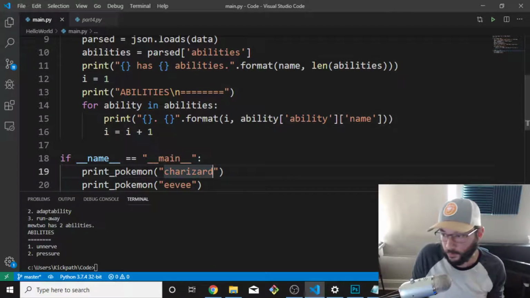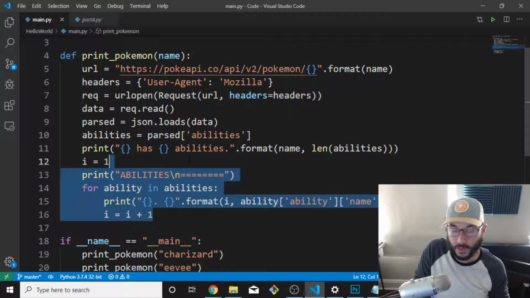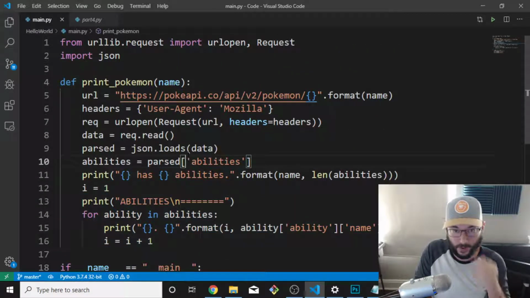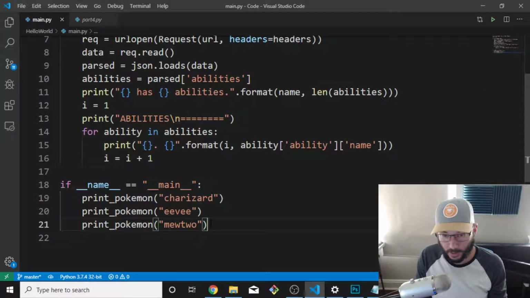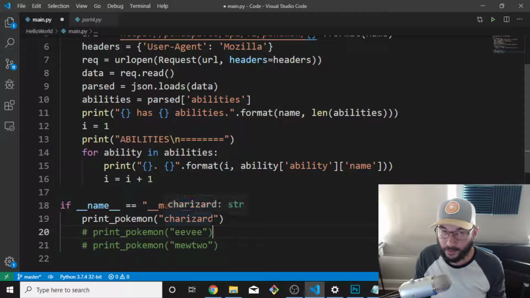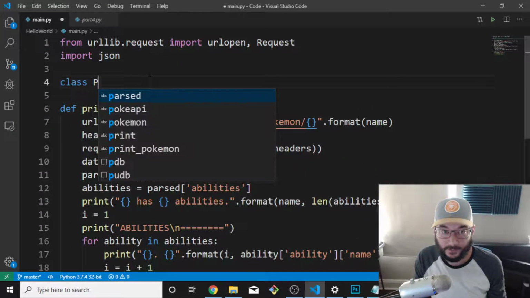So as I alluded to in the last video, I'd like to split up this code more and create a Pokemon object rather than just looping through JSON I'm getting from the server. So I'm going to turn these off just to not hit the server 3 times, just hit it once while I'm developing. I'm going to create a class called Pokemon,